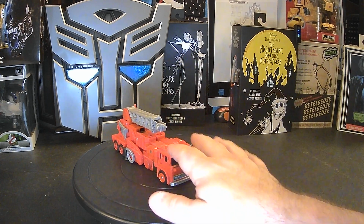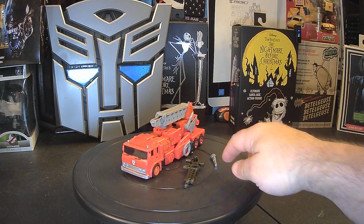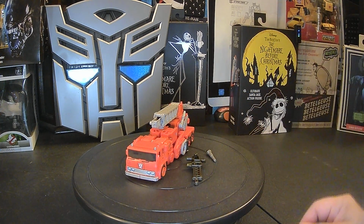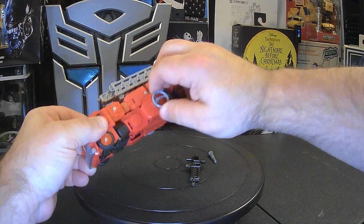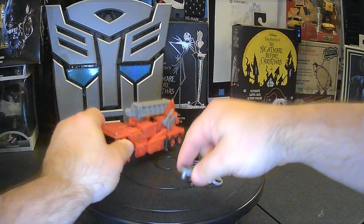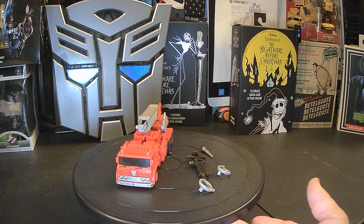You get Inferno, his nozzle, his extinguisher, blaster / rifle, and you actually get two fire hoses. These do come off. I meant to take them off and put them next to him so you can see those. For accessories,